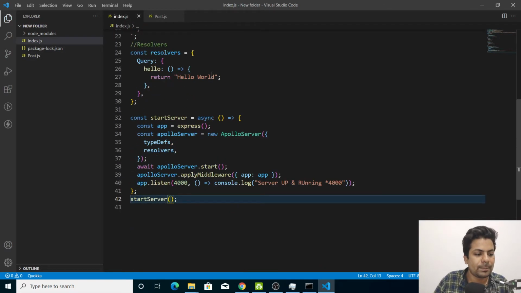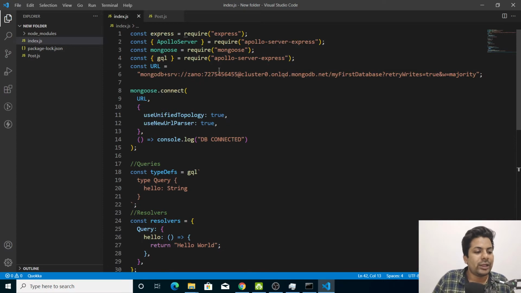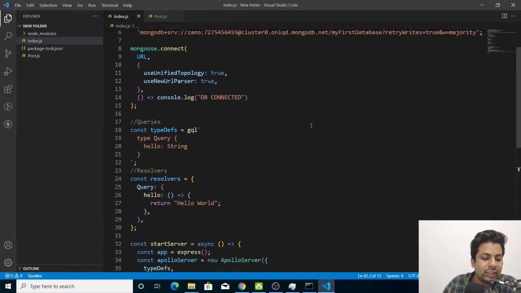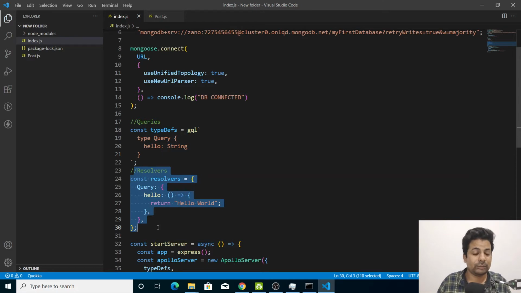Now everything here is done. So firstly I have to create data. If we write everything here, it will bring so much data into one page.